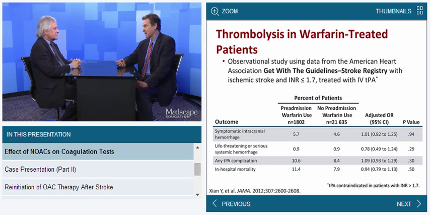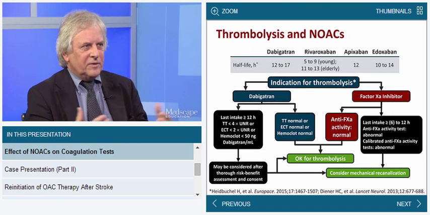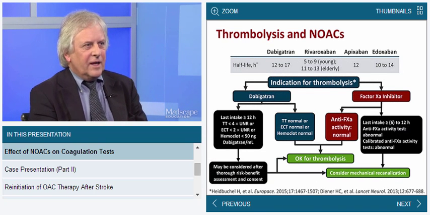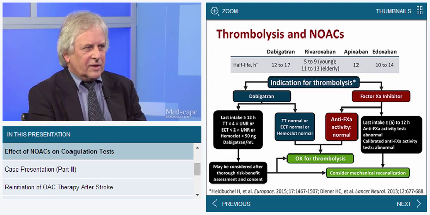So for dabigatran, then you indicated you're going to make your decision based on the PTT. And again, how would you choose? If the PTT is just barely elevated, is that going to be a contraindication? The problem is with the APTT, it's not quantitative, it's semi-quantitative. And if it's slightly prolonged, I think I would still go on with TPA. If it's clearly prolonged, this would constitute a contraindication for dabigatran.